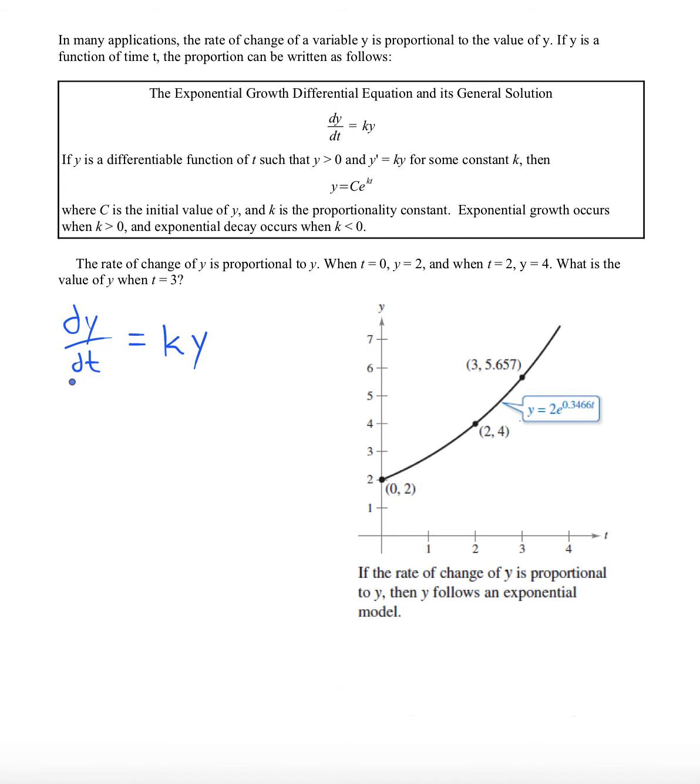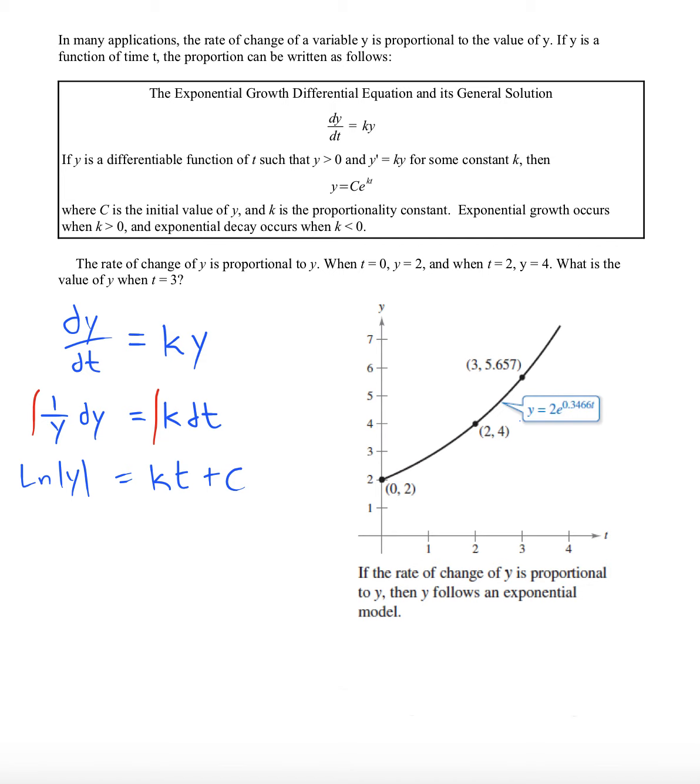I'll start by separating the variables, bringing the y variables on the left, and we'll put the t variable on the right. K is just a constant. Our next step here will be to integrate both sides of the equation. Now for antiderivatives, we'll get ln y equals kt